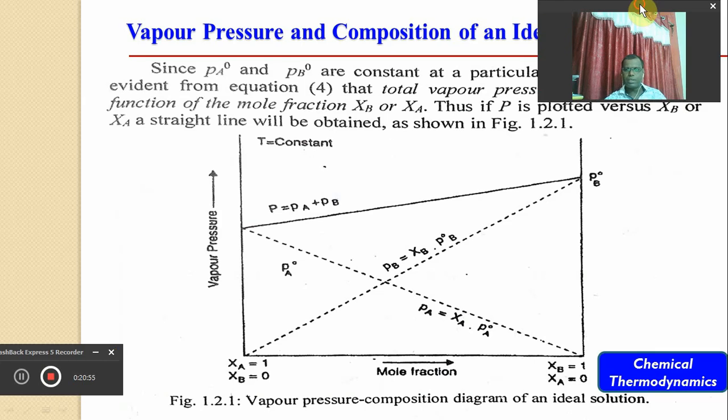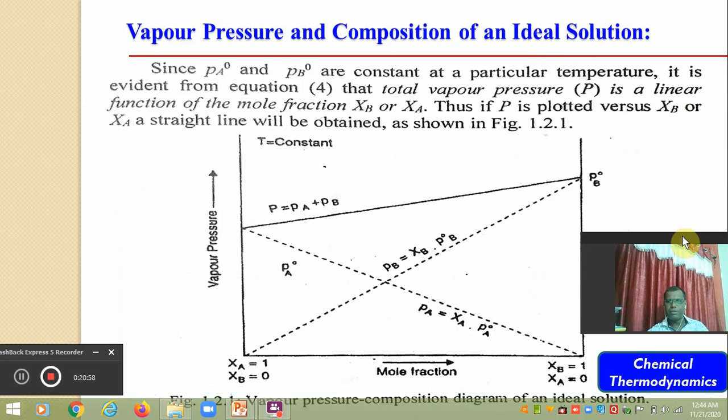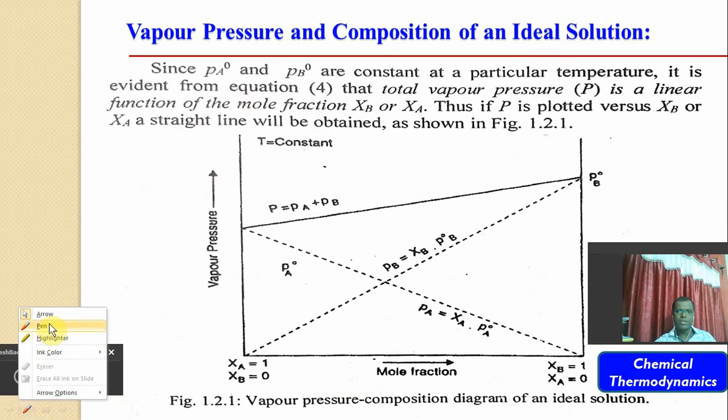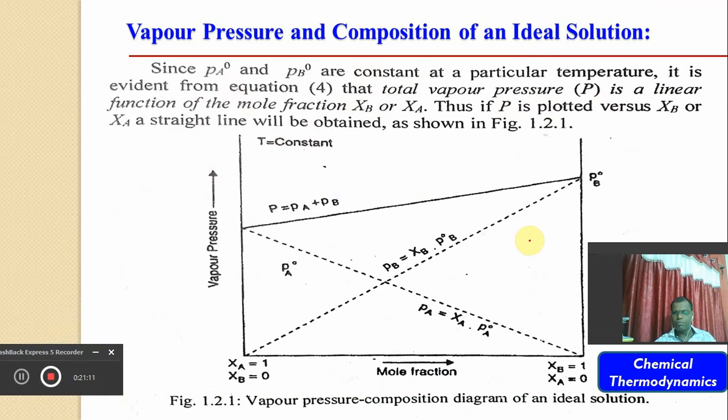Here this relation can be studied with the help of this diagram. I hope you can understand this. Suppose PA0 and PB0 are the vapor pressures of the two liquids in pure state at a particular temperature, then it is clear from equation 4 that the total vapor pressure P is a linear function of the mole fraction of B, because